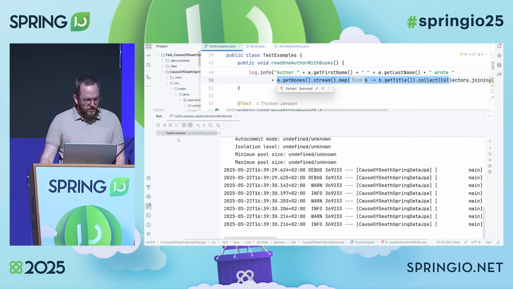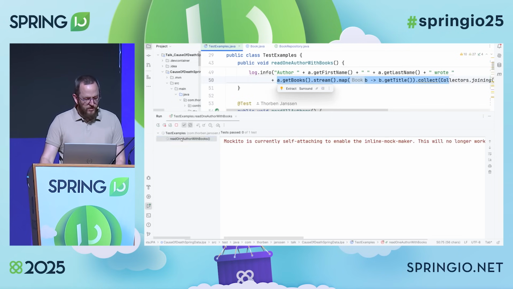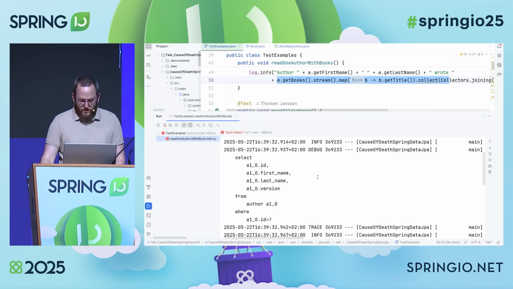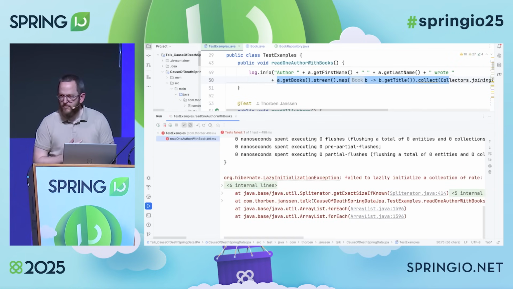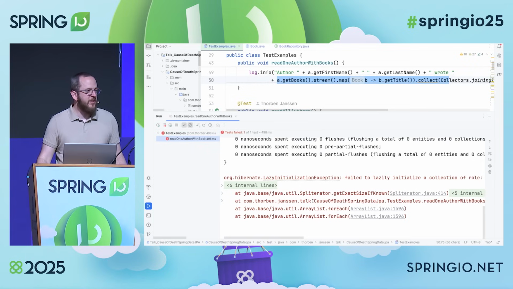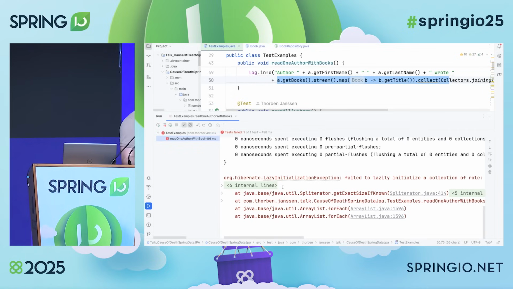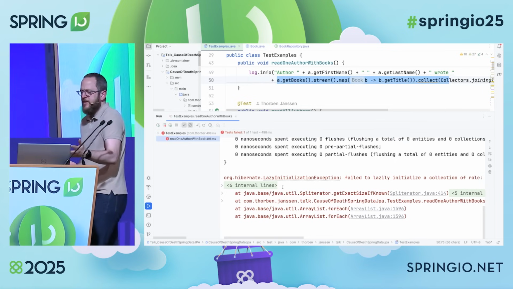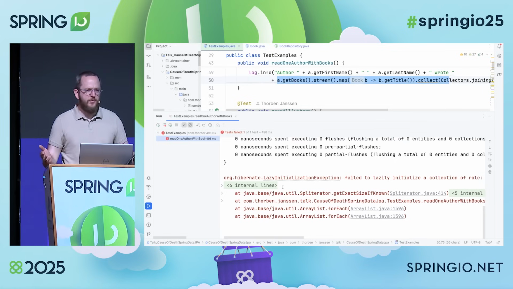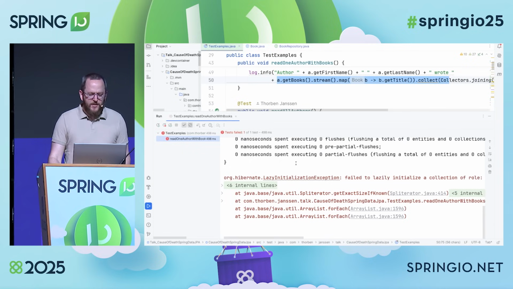If we look at the output, we will see the most loved exception in the Spring Data JPA space, and that is the lazy initialization exception. Who has seen this exception? Oh, come on, stop lying. Every one of you saw that, right? I mean, if you haven't seen a lazy initialization exception, you haven't used Spring Data JPA.